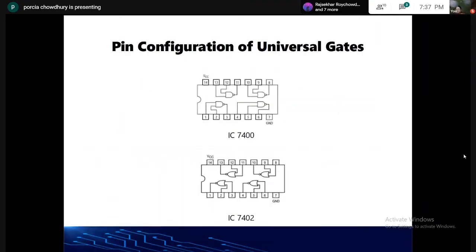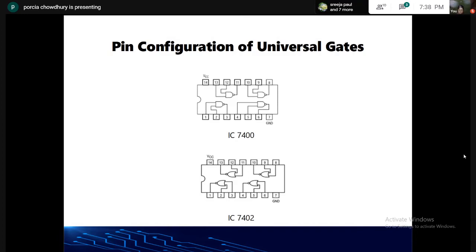So under exclusive gates we have 2 types, XOR and XNOR. Okay, so for XOR, suppose A and B are your inputs, XOR is equal to A bar B plus A B bar. Okay, and what is XNOR? XNOR is basically the complement of the XOR operation. That means whatever truth table we receive in the XOR gate, just the complement of that truth table we will receive in the XNOR gate.